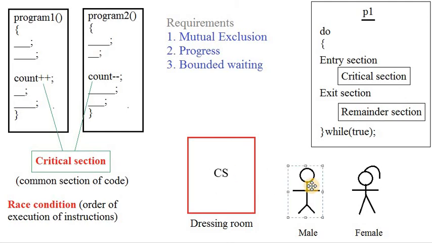That is waiting in terms of a bound. So how many times is he waiting outside? For 5 times. After the room is used 5 times by the female, the male gets a chance to enter the critical section. That means there is a bound. The bound is that after 5 usages by the female, the male should have a chance. Again, the female is going to use the same dressing room for 3 more times. After those 3 more times, the male should have a chance to get into the dressing room.